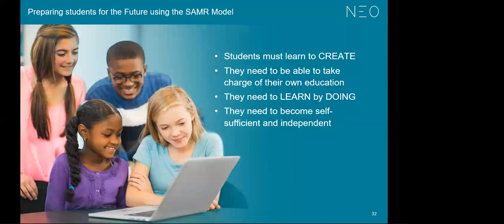We need to allow them to discover, to create, to think more critically, and to become more creative. They need to be able to take charge of their own education, and we need to help them to learn by allowing them to do something. They need to learn how to be more independent and reach the highest level in SAMR, which is transformation, redefinition. And these are actually the skills that they would be needing in the workplace